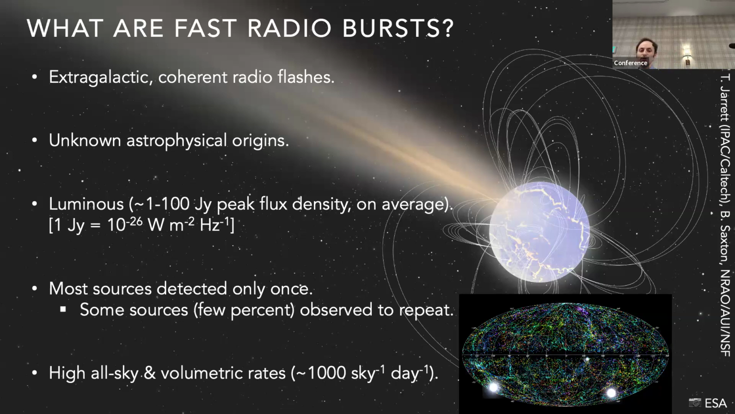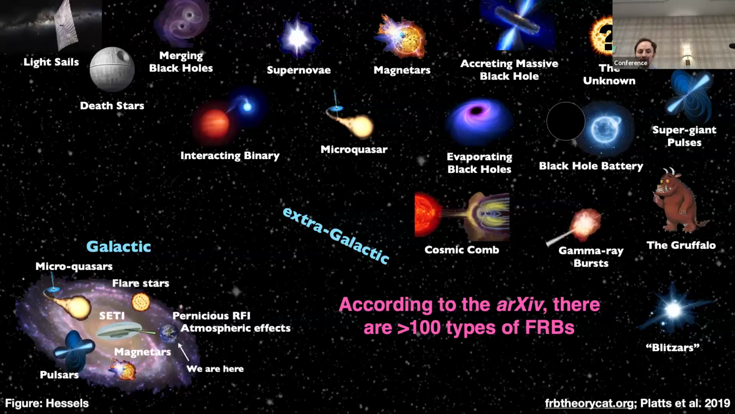And there's an enormous all-sky and volumetric rate of about 1,000 events per sky per day, distributed isotropically across the full sky. And there are numerous models that have been proposed to explain the origins of FRBs, ranging from magnetars, as we heard about from Michela, as well as accreting black hole systems, pulsars, and other types of interacting binary systems. So there are many hundreds of models, and despite the plethora of data, we are still trying to figure out